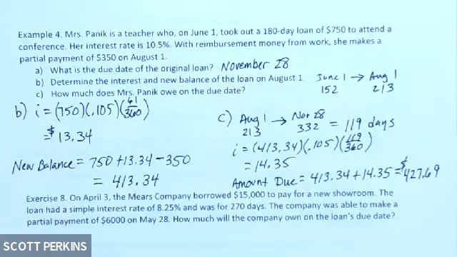Okay, so I'm going to leave that example up there so you can follow along. Your exercise 8 is essentially the same sort of problem, just different dates and different amounts. I basically just want you to do the same two things. I want you to figure out what's the new balance after the partial payment has been made, and then what's the amount due at the end